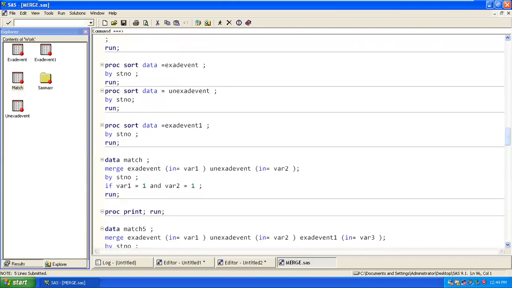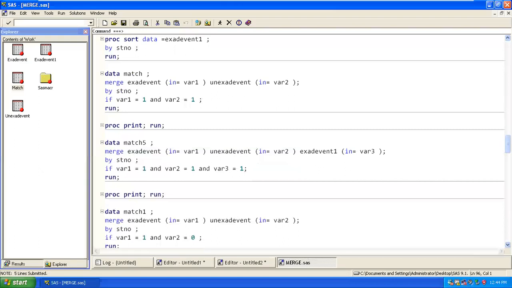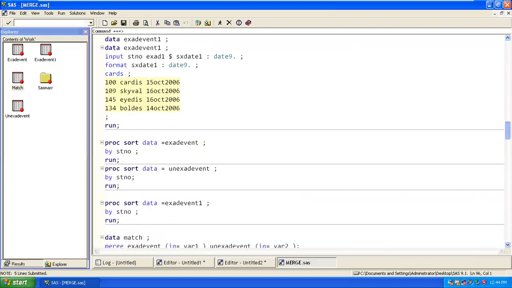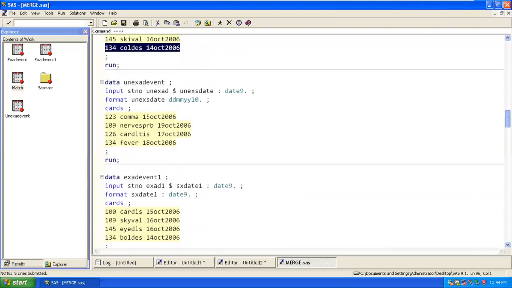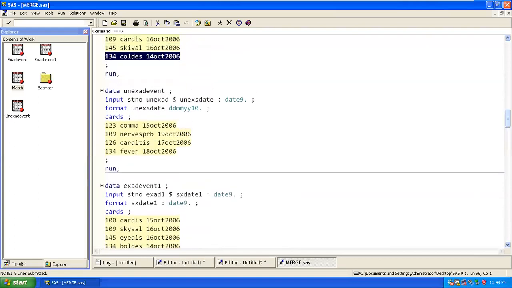Now we are performing this through three data sets. We had three data sets, correct? If you look at the three data sets, you have 109.